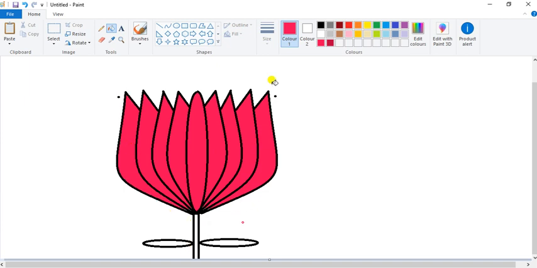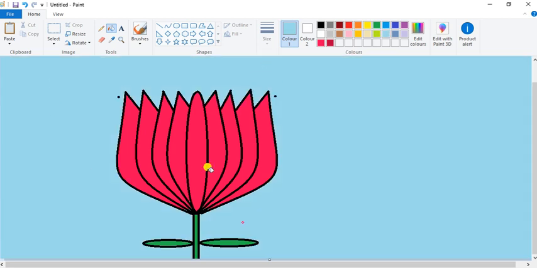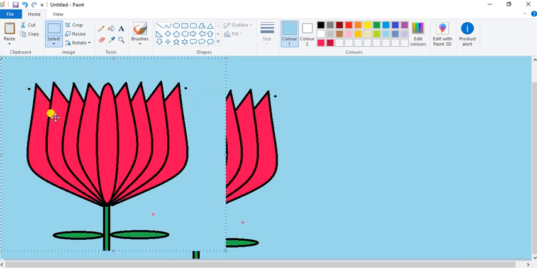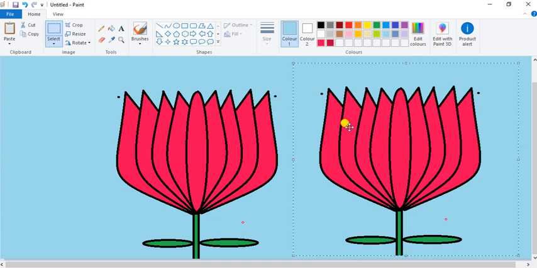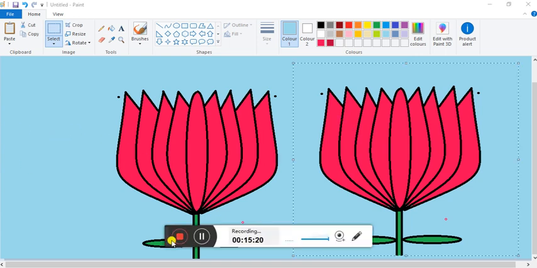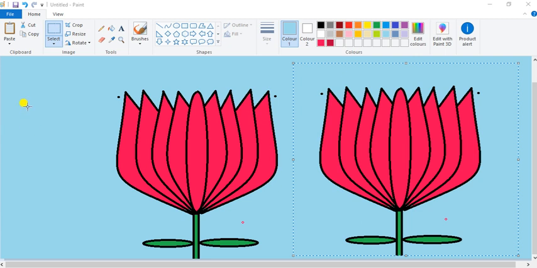Okay, here I want green color, so I will select green color here. Keep green color. Okay, and for the background you can select blue color. Now if you want the same lotus here also, two lotus, then same thing: go to rectangular selection and select this lotus. Go to copy and paste it here. Okay, understood everyone how to draw the lotus?